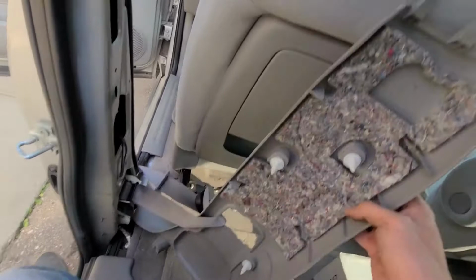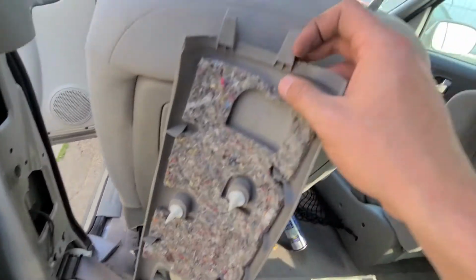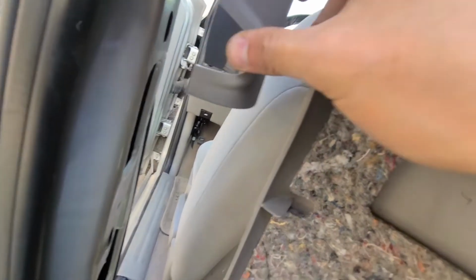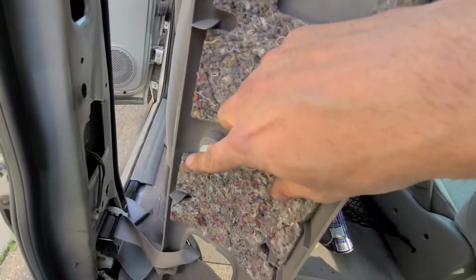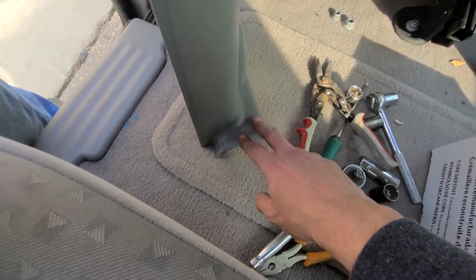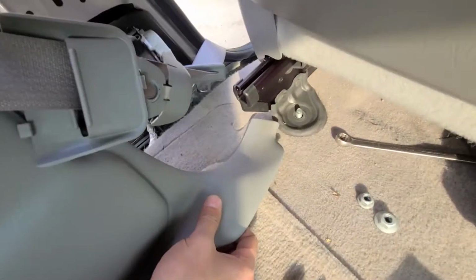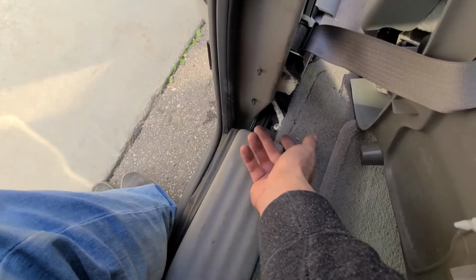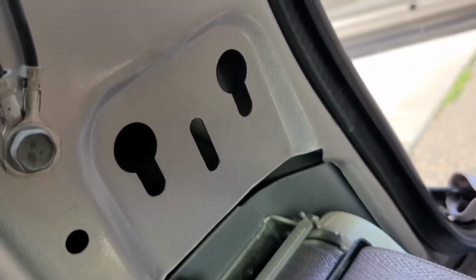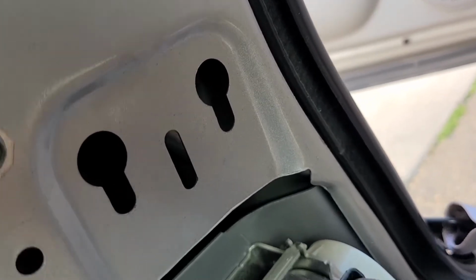So I have this piece off, and as you can see, it's attached with these two pins to this upper part, but that's easy to just pull down. And then you have a couple of these white pins that are holding it in place, and there is nothing holding it here on either side. It's just tucked in under this plastic piece. So once I have all this down, I was right, I did have to remove this plastic trim piece, because this main part of the seat belt